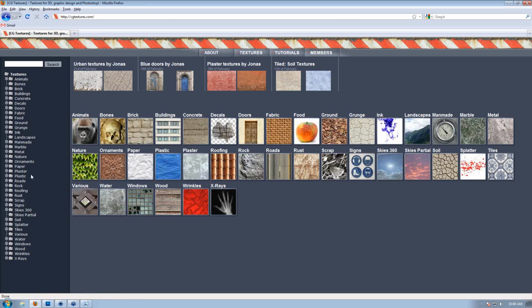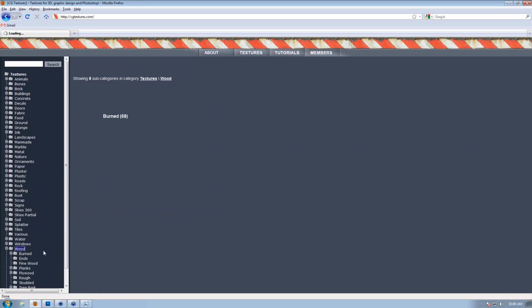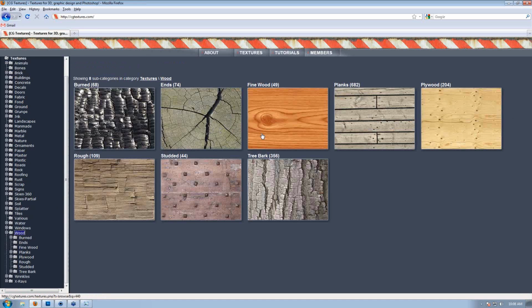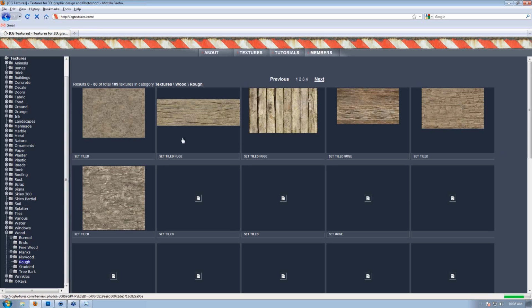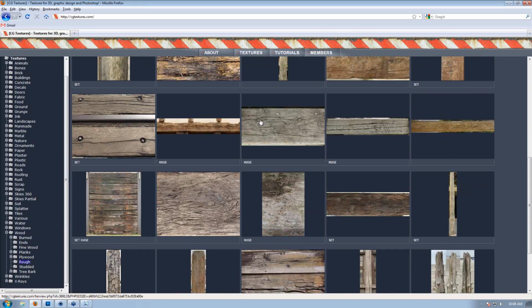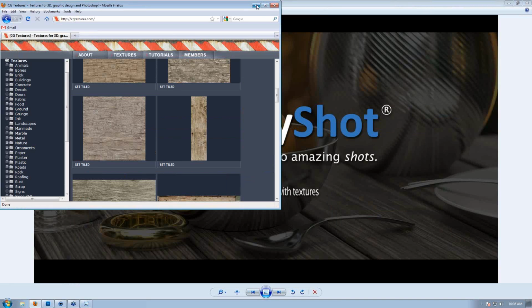Like I said, they're all very high quality and incredibly organized. So if you know what you're looking for, for example, if you want wood, you can click here, and then there's all sorts of different wood types available. Today we'll be using an example from the rough woods. And as you can see, there's just a ton of stuff available here for you as a resource. Okay, so next